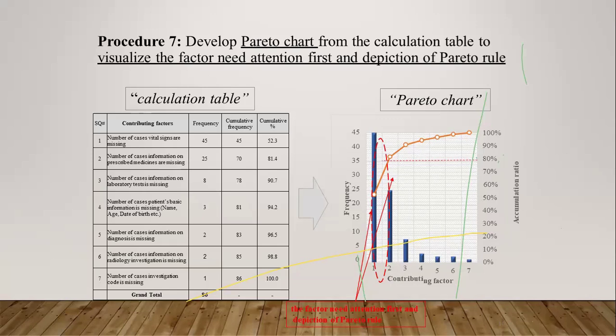The reason we are calling it a vital few is because you might have so many contributing factors, but you will not go in depth checking all of them to see the reasons why this is happening. The reason is the Pareto rule, which Khadija mentioned, that by solving 20% of your heavy problems, the ones that are contributing